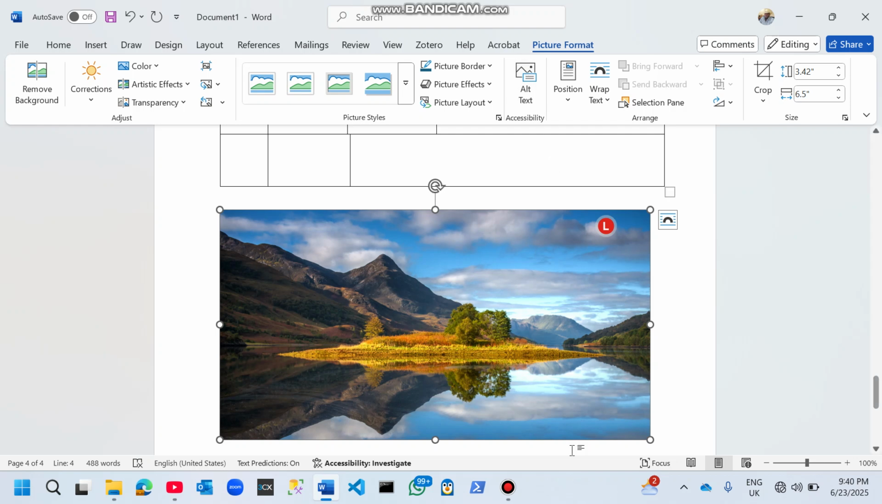All right, so just like tables, when you also insert pictures and the picture is selected, you would have a contextual tab added called picture format. So this tab has commands that allow you to adjust your picture, okay, in terms of coloring or